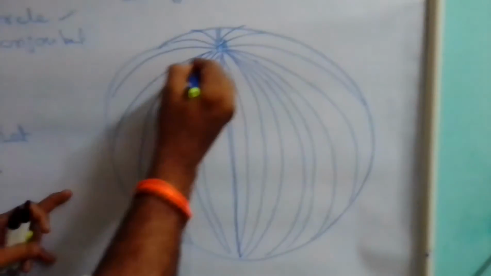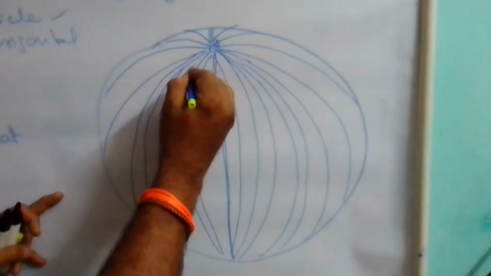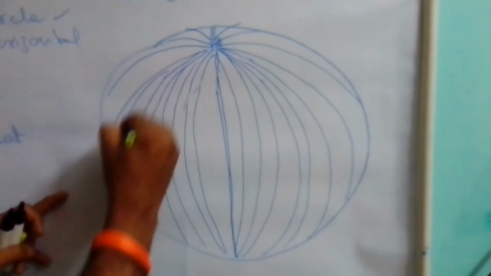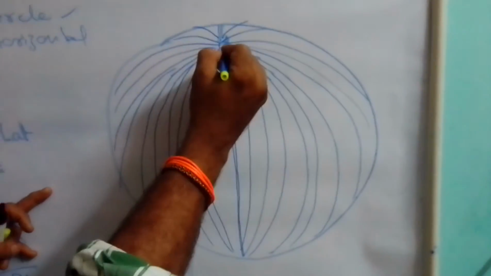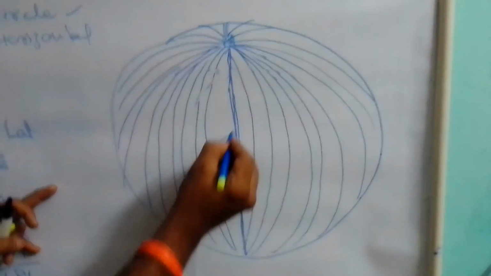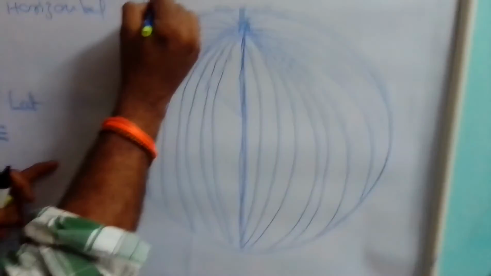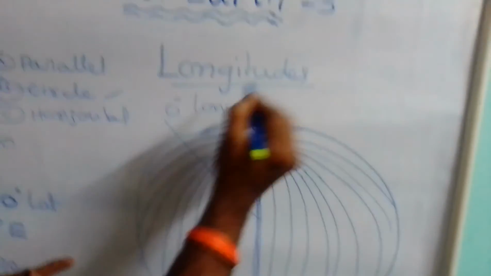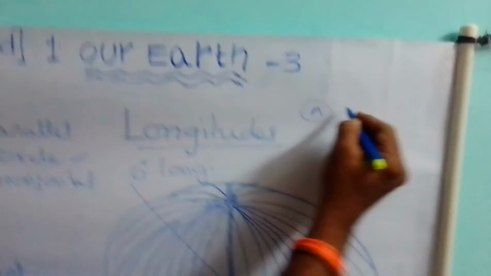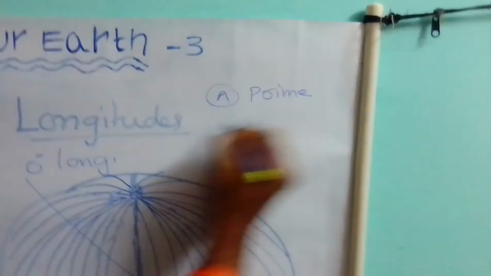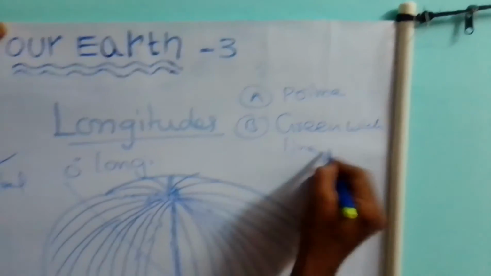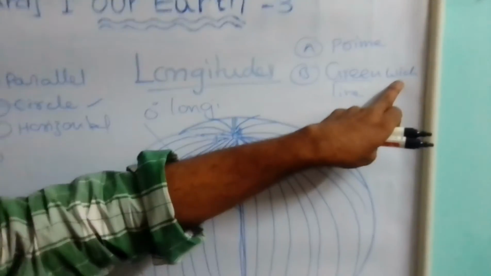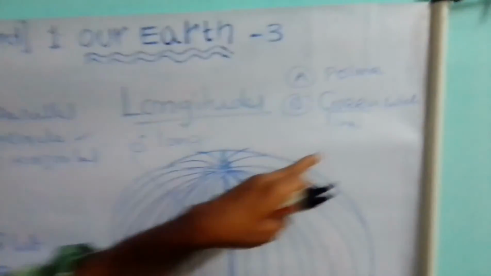And so you are observing on the globe a number of vertical imaginary lines drawn. So of all these lines, which is the baseline here? The baseline is to be called 0 degree longitude, and 0 degree longitude is also called prime meridian, and it is also called Greenwich line. Its spelling is Greenwich, but its pronunciation is Greenich,